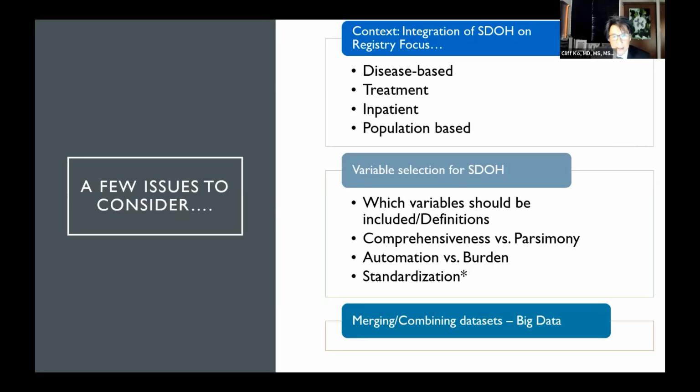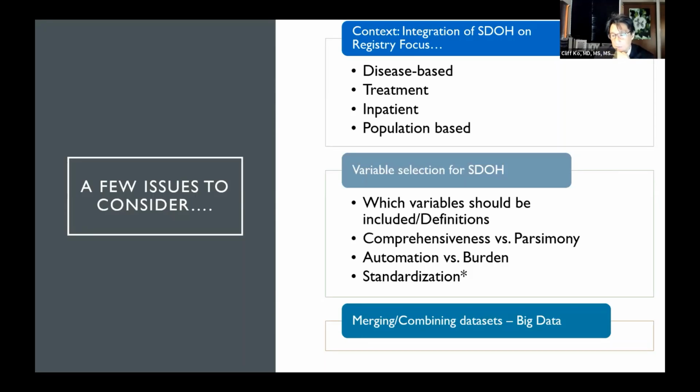As we start to think about that, especially for the more targeted registries that look at health care more so than the population aspect, what variables will we use, and do these variables have definitions? I think all of us who have registries have learned that if we have a lot of variables with not such great definitions or no definitions, and just expect people to understand, oh, I kind of know what that is, you know it when you see it, we often get very difficult data to analyze, and a lot of times the results of that analysis are sometimes suspect.